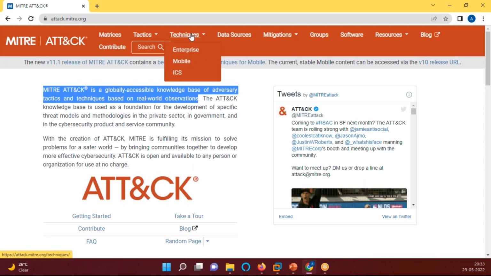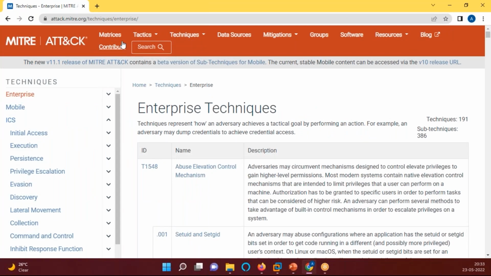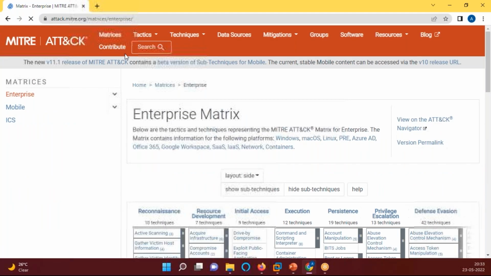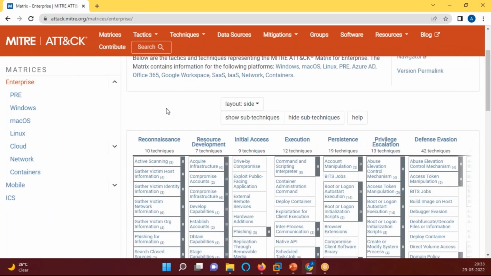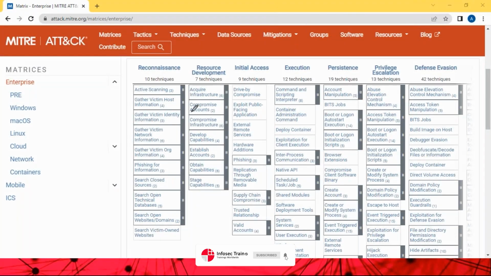Now let me show you some things. We have different techniques and tactics. We have mitigations, right? We have these tactics for enterprise, right? So let's see the enterprise matrix. Now, what it is telling you is that reconnaissance is the tactic, and these are the